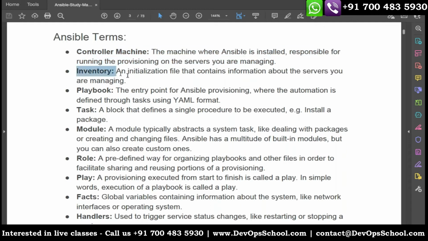Then, what is the inventory? I talked about the controller machine, on which we will install Ansible and then manage those 500 or 1000 servers. So you will need to provide some hosts, I mean the client list. All those clients you can add in the inventory file. Inventory is nothing but the list of your client machines where you want to run a particular application, or where you want to make